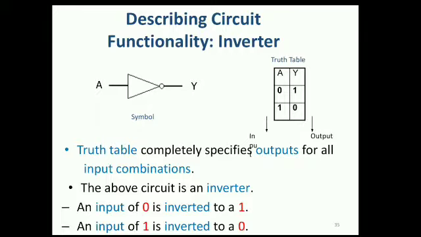Let us conclude from the previous one. The inverter gate, or NOT gate, its symbol and truth table. Here one thing to be reminded is that the NOT gate has only one input, whereas AND or OR gates have two or more inputs.